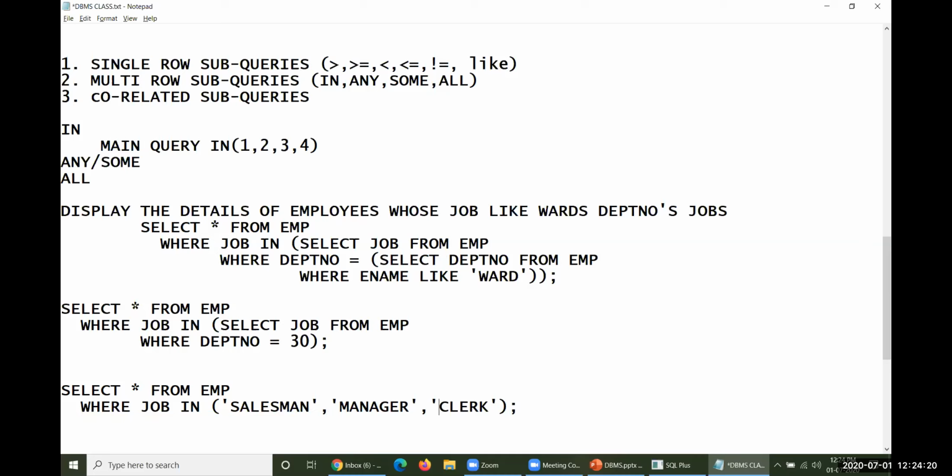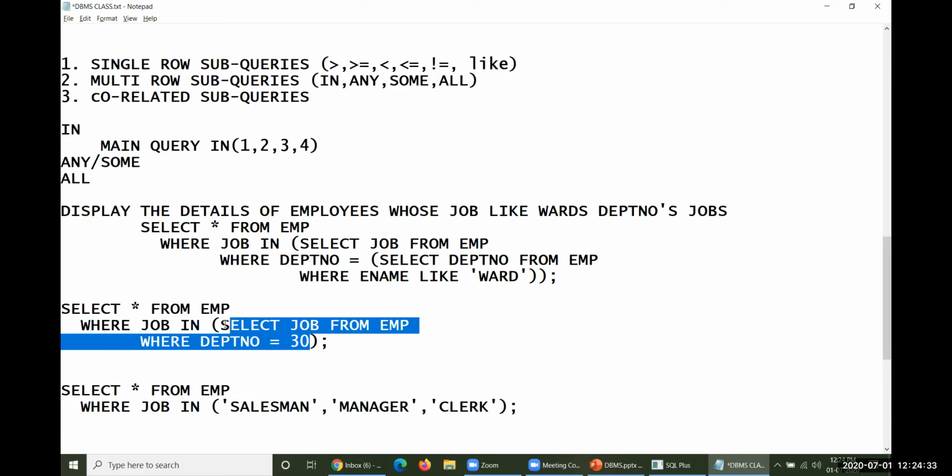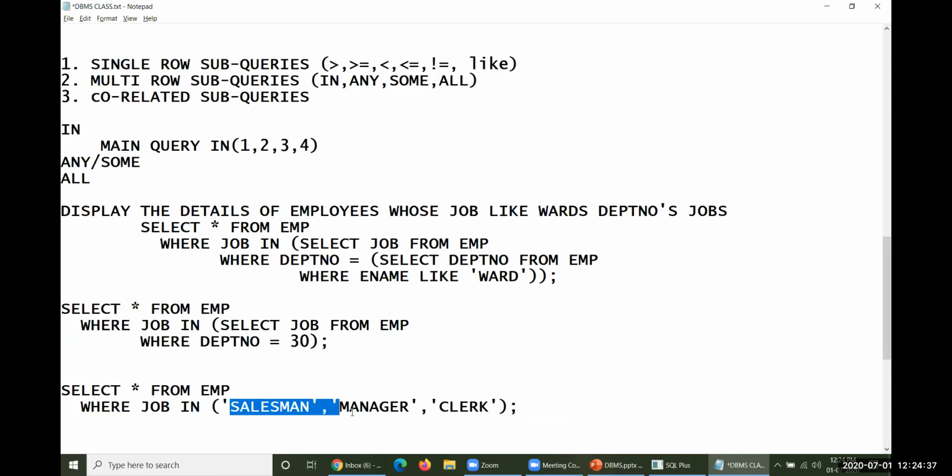Now you could see it has been written more than one row here. So the innermost query is a single row subquery. Then level number 2 will be multi-row. This multi-row will be taken by IN, and based on either of these values, it has been displayed here.